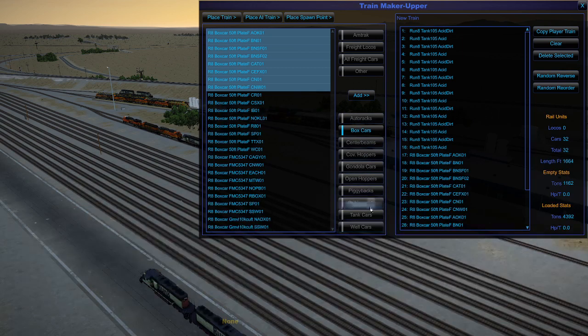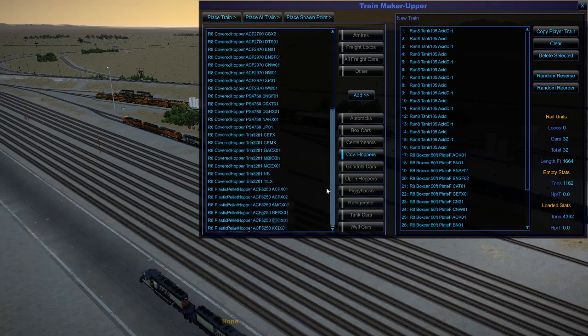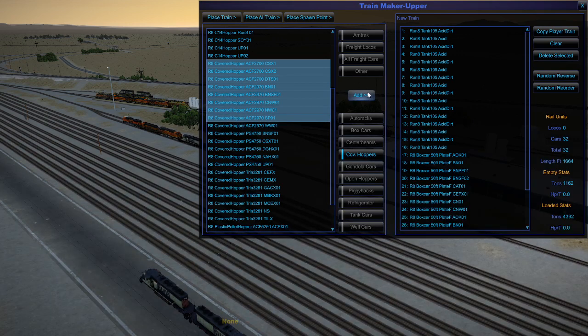2-bay covered hoppers. So we want these. And the covered hoppers we want that are 2-bay, I believe, are these here. So we're going to just do the same thing. We're just going to do 1, 2, 3, 4, 5, 6, 7, 8. And there we go. Okay, so now we've got basically enough cars for that particular industry, but we have 2